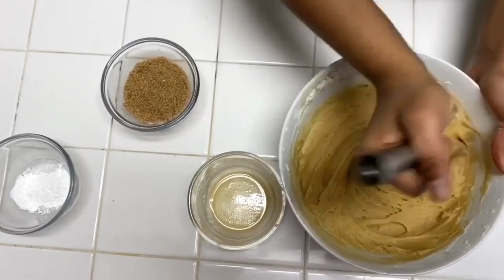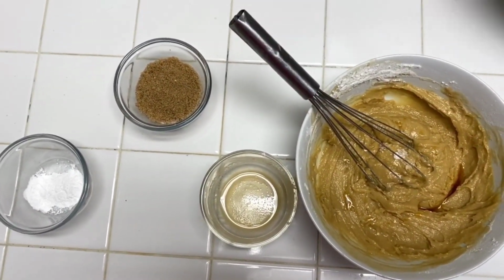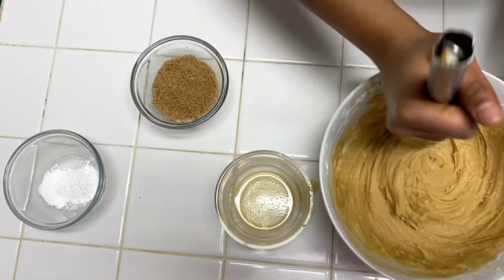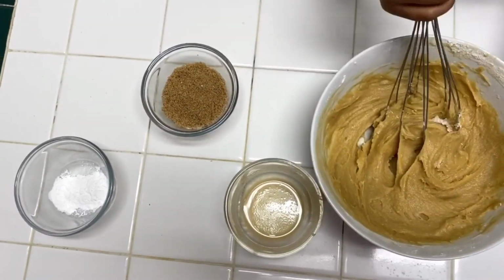Once all of that is added, you can add in some vanilla extract and some salt as per taste. I only added a pinch of both. Then you will add in the baking powder,